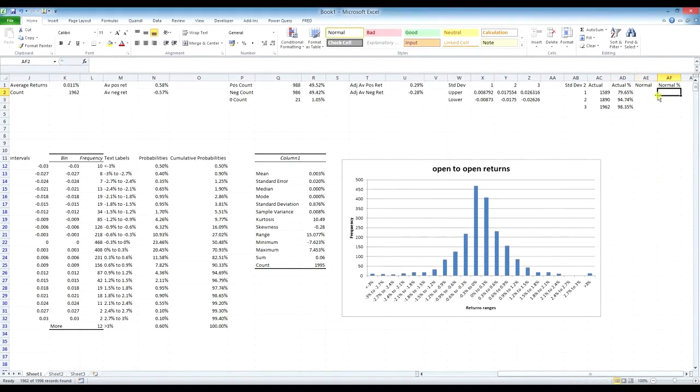Now let's look at what a normal distribution would predict in terms of the frequency, percentage, and the actual count. What we know from a normal distribution is that a perfect normal distribution accounts for 68.2% of the data in the data set within 1 standard deviation from the mean, 95.4% of the data points within 2 standard deviations from the mean, and